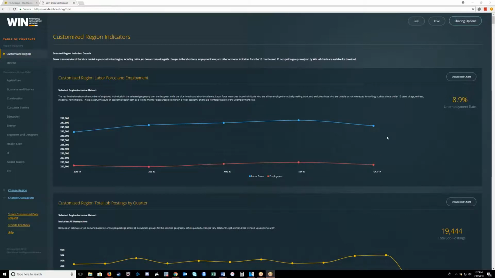In the top corner, you can see the unemployment rate. This is the most recent month's unemployment rate, found by the dashboard using the employment and labor force data to calculate the percentage of unemployed people in the city of Detroit, otherwise known as the unemployment rate. The calculation is done for you, pulling this rate out of the numbers given.